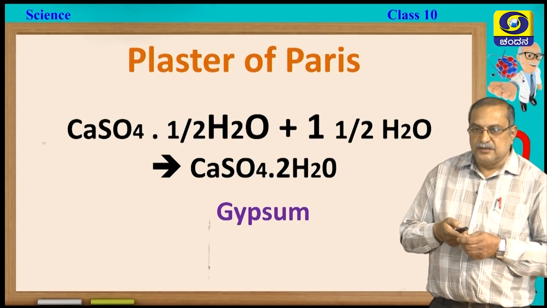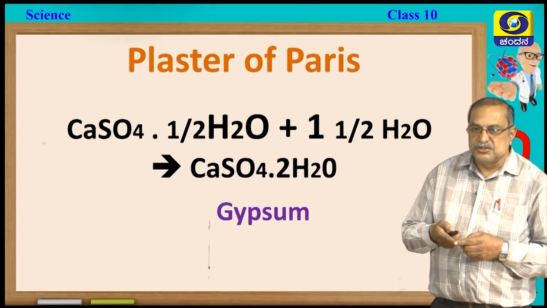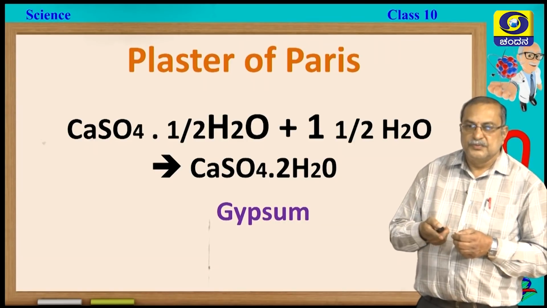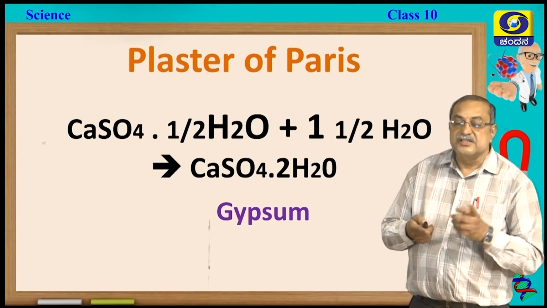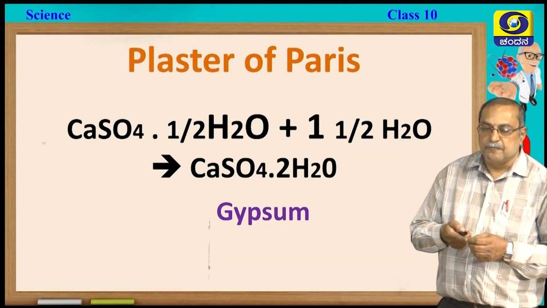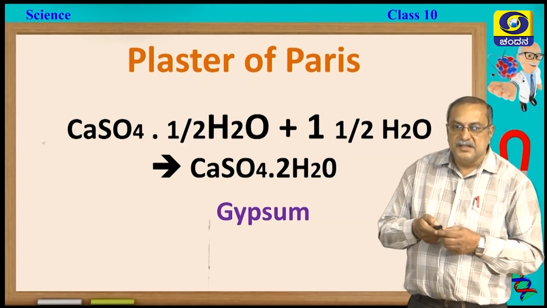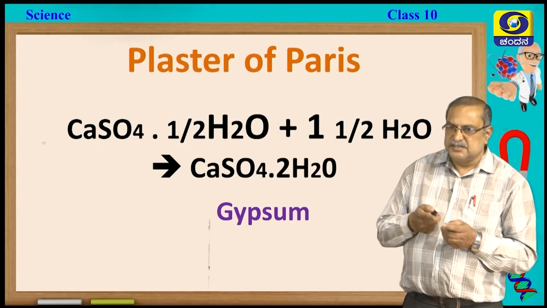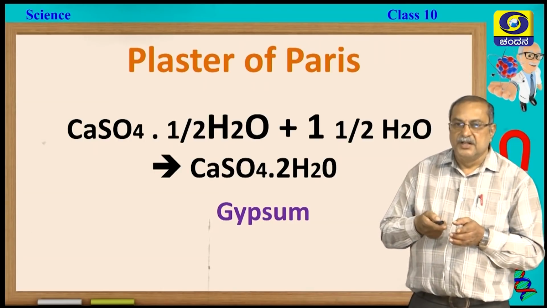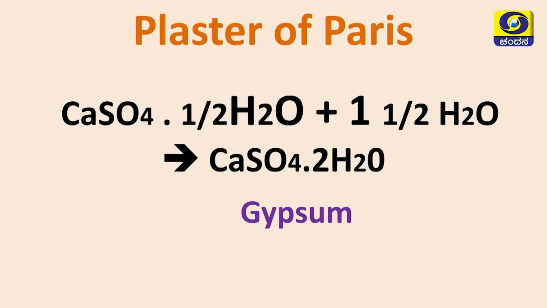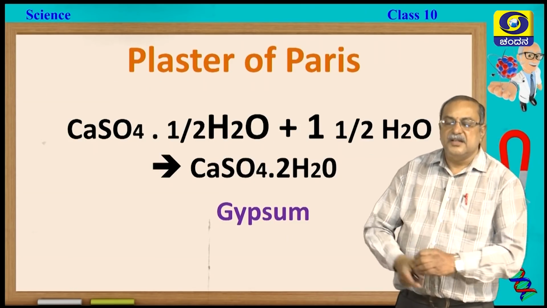Calcium sulphate you have seen, no? Calcium sulphate with half H2O plus 1.5 H2O gives calcium sulphate plus 2 H2O, which is known as gypsum. It gives us the gypsum. So, what do you mean by this? CaSO4 half H2O. Is it possible to get half H2O? No. For simplifying the formula, we have written it like this. Calcium sulphate half H2O plus 1.5 H2O gives hydrated calcium sulphate, that is CaSO4 2H2O, going to be obtained.